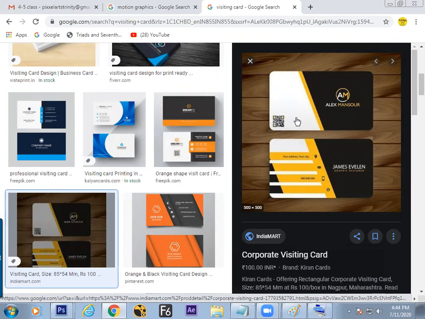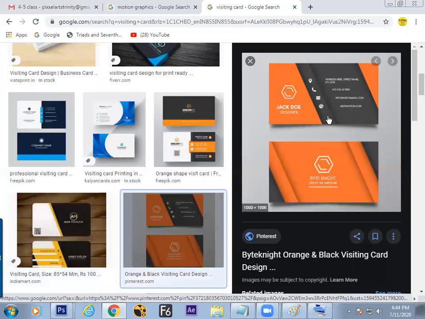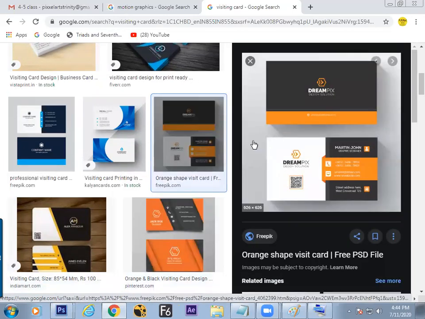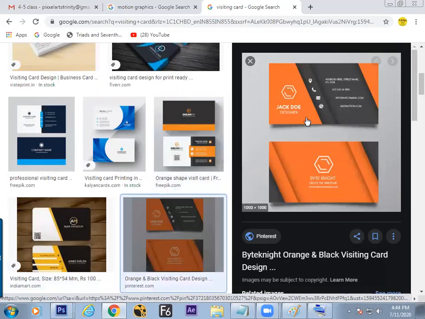Now there is a rule which is working on the back end. So it is not individual like layers, it is in a single layer the work is happening. Let us see how the artists are doing this. Very professional cards with very simple technique. So let us see how to make these cards.